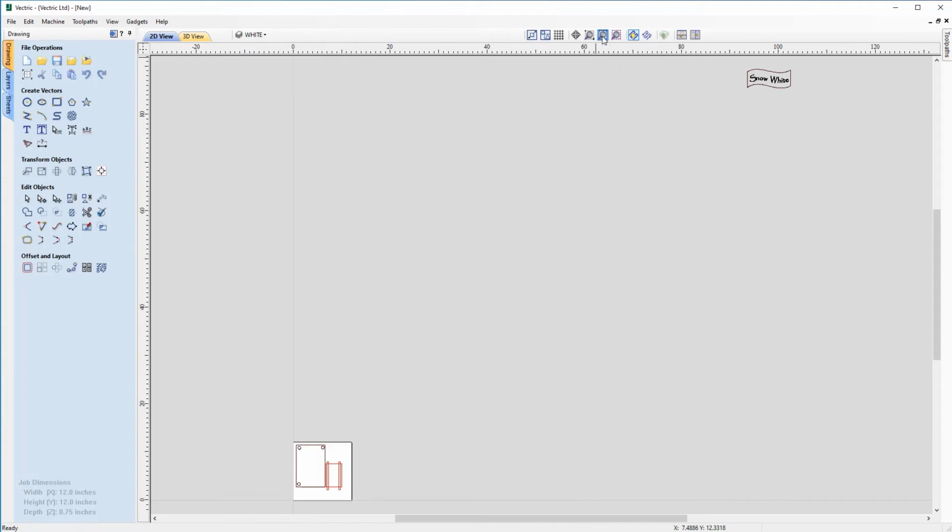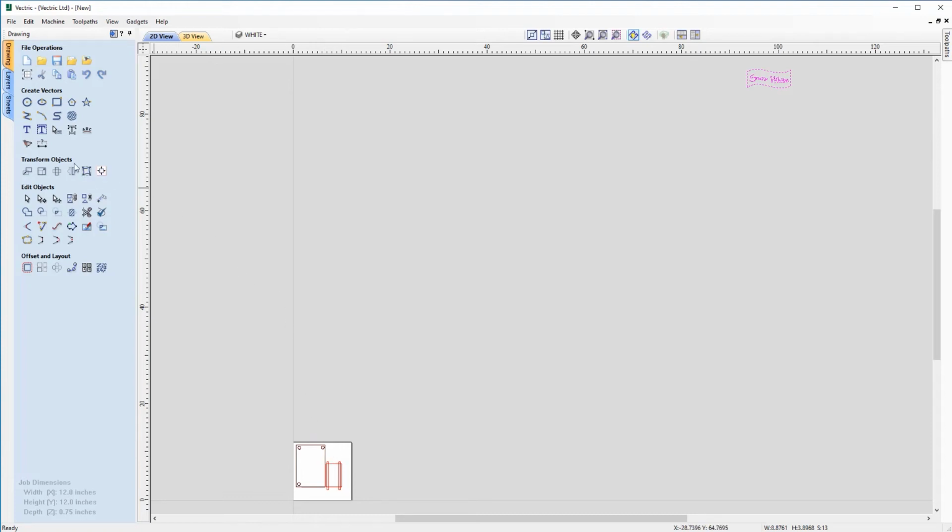So if we just go ahead and click that, you'll now see the snow white vector at the very top right hand corner here, where the original package had saved its position. So if we just go ahead and select those vectors, and we want to put them onto the middle of our worksheet. Now we can do this by either hitting F9 on the keyboard, but we can also go